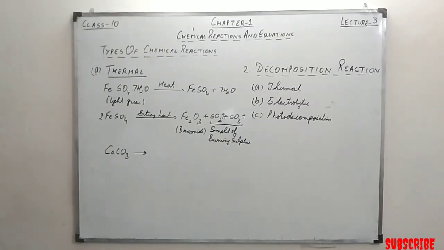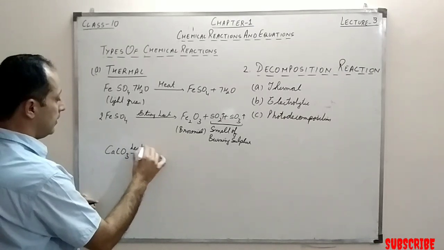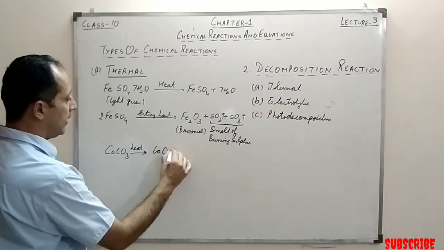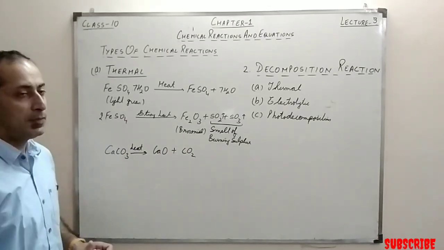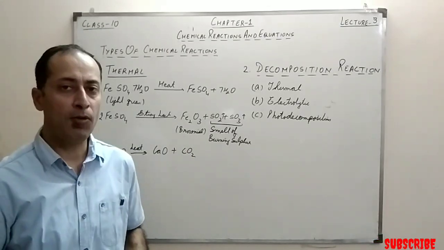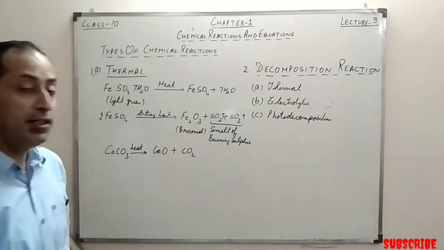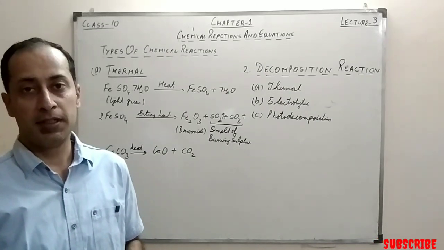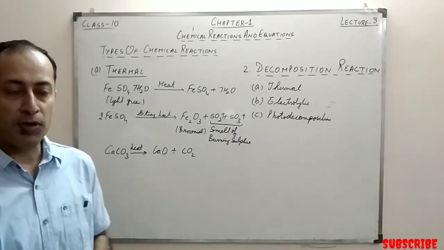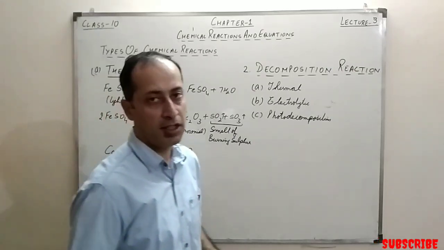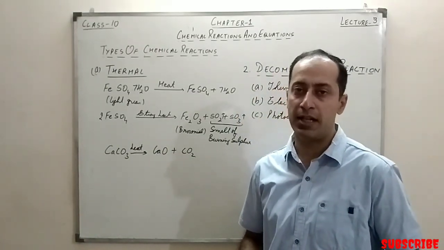Now when this calcium carbonate is heated, basically what happens? It breaks down to form calcium oxide and CO2 gas. Now this reaction is very important in the industrial context, because this calcium oxide is used in the formation of cement. So that is why this breakdown of calcium carbonate is very important when we talk about industrial use, right? And we get calcium carbonate naturally.